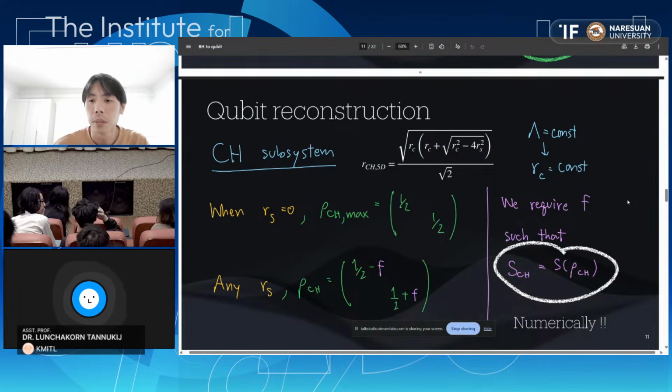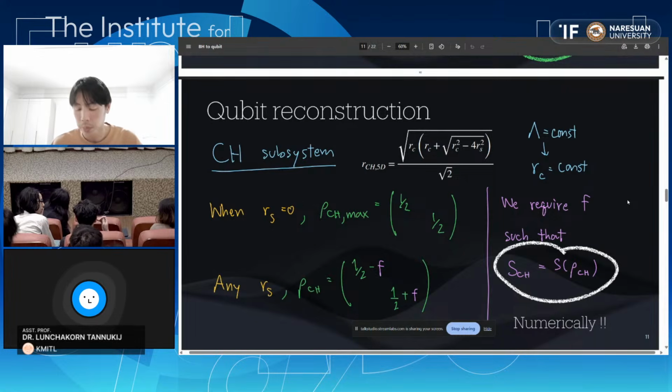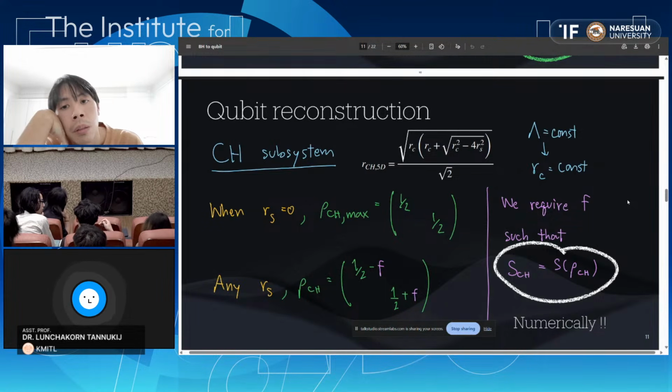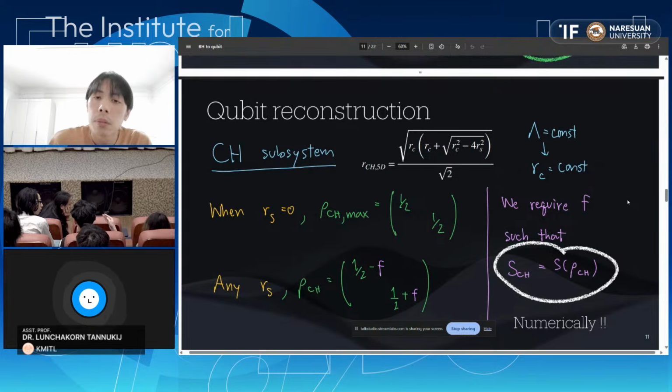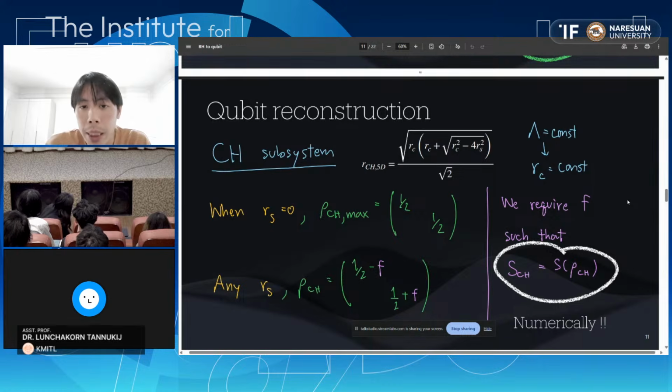I have a question. You say that the cosmological horizon has an entropy. I just started learning a bit of information theory. Does entropy come from the fact that we don't know some information in that system, so uncertainty appears? Is it because we don't know what is outside of that horizon, so it has entropy? That's what I thought as well when I heard this question. So maybe that, right?